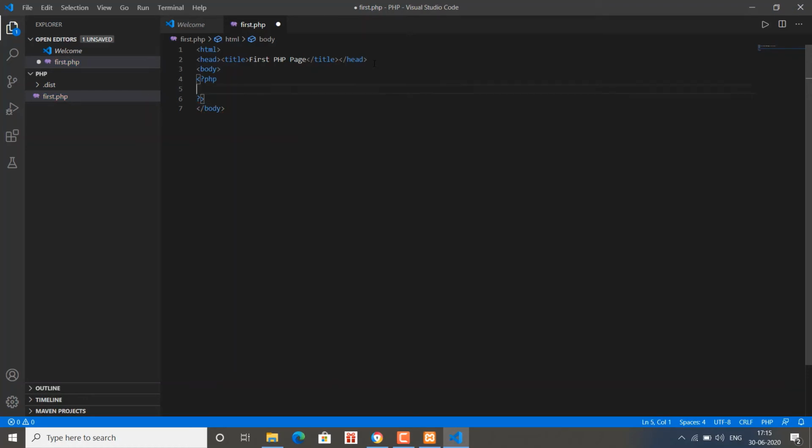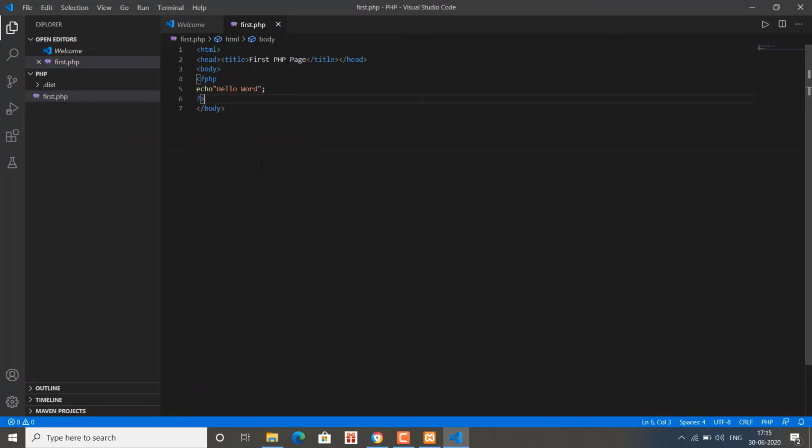Whatever script I have to write has to be right between these two tags. So I'm just putting some line over here. I'm writing echo hello world.